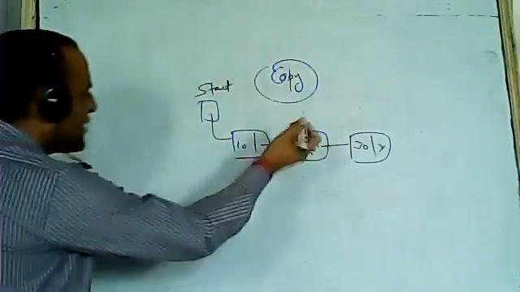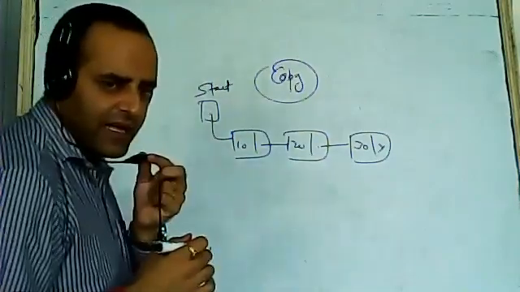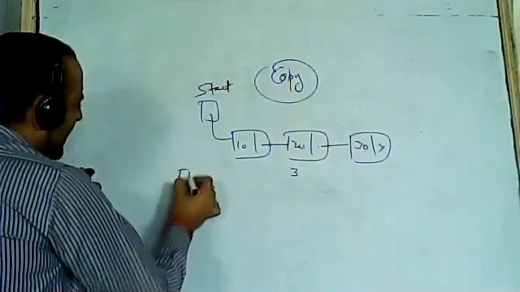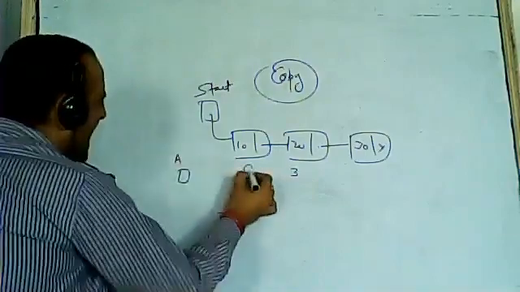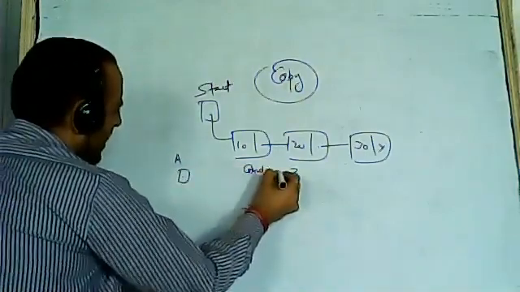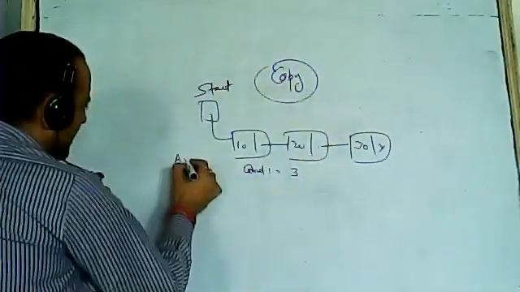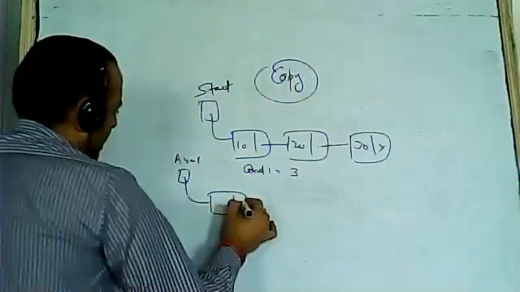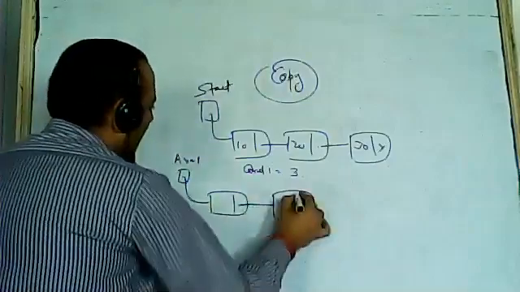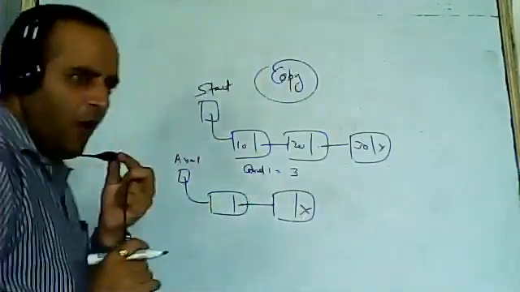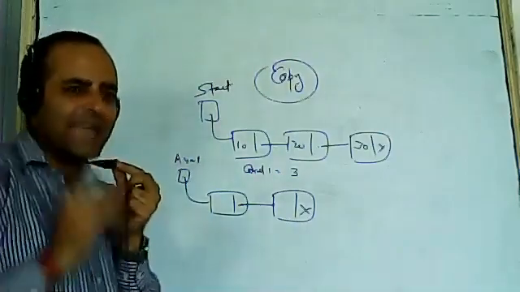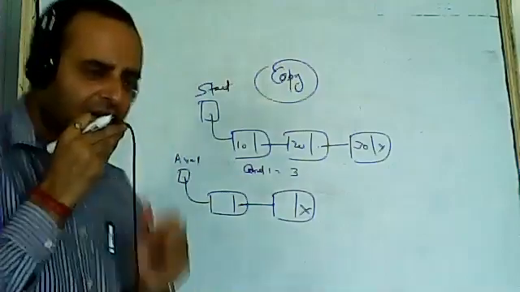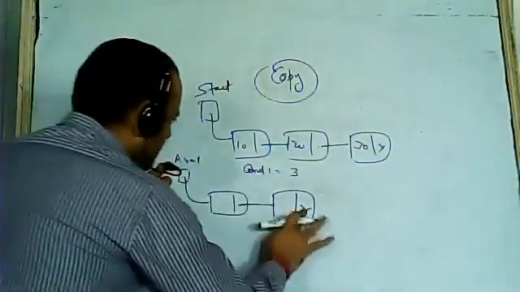First, I need to count how many nodes I have. How many nodes do I have? 3. Then, that will be my, suppose, count 1, the number of nodes in the list. Avail से memory. Can I create a copy of the linked list now? No, sir. I cannot, because I need 3 nodes and in Avail I have 2 nodes.